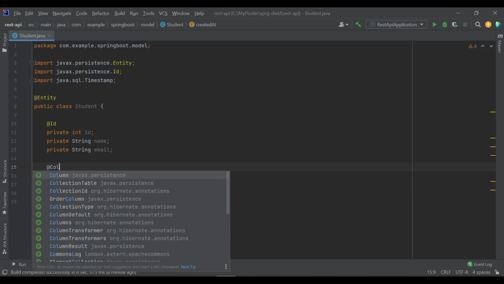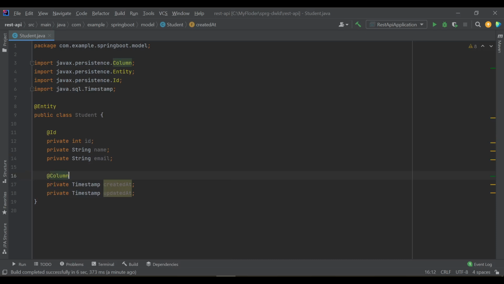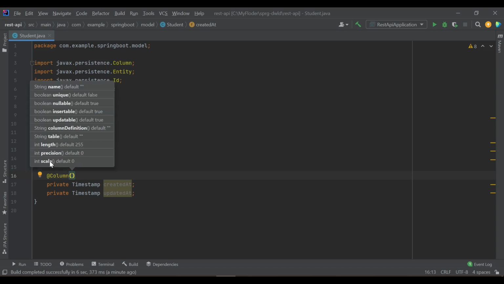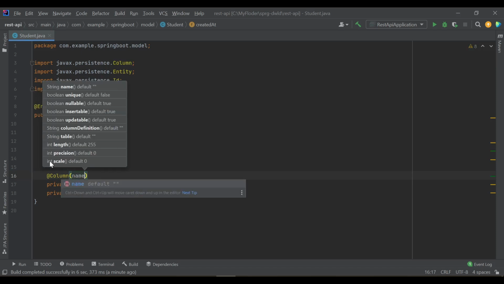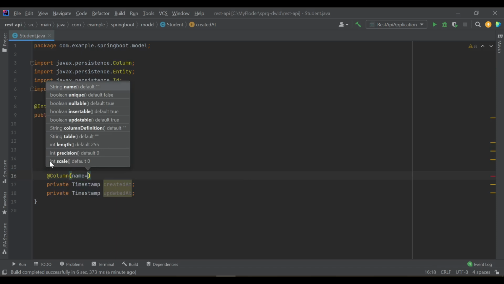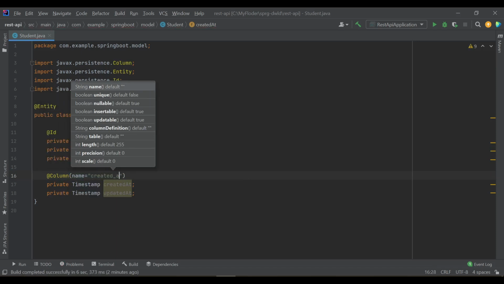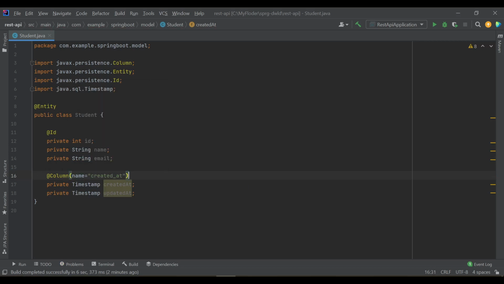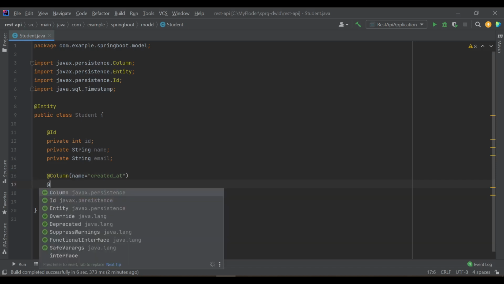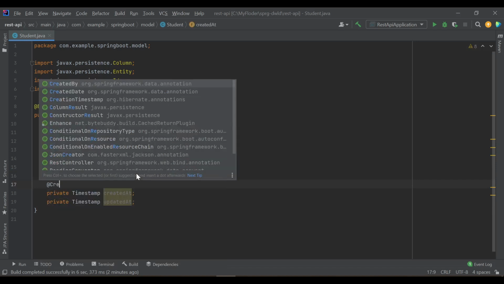And I just want to restructure my column name. So if you have a special use case where you want to define a different column name in your database, just use the Column annotation. Inside this you can define the column name, so I just want to keep it as created_at, right? And this should be a default date and timestamp, so I will use CreationTimestamp.